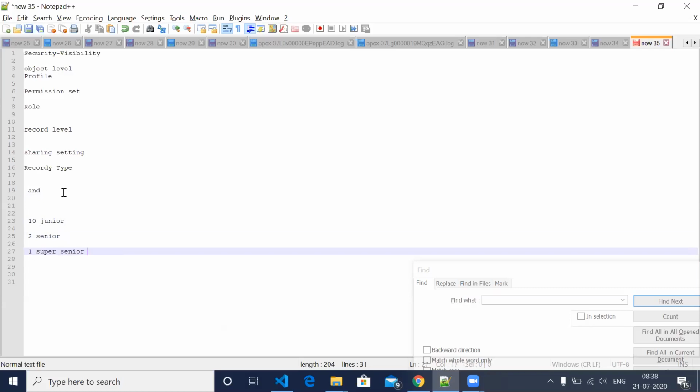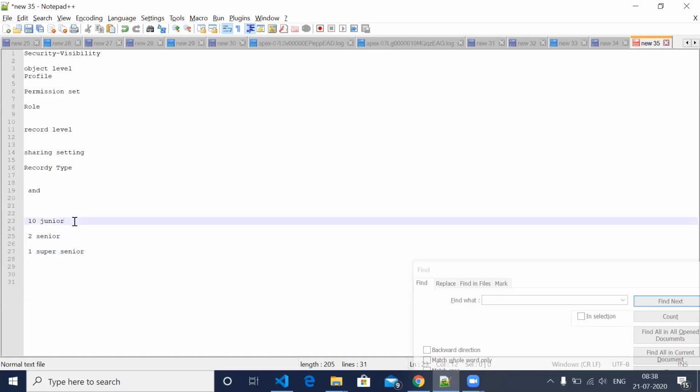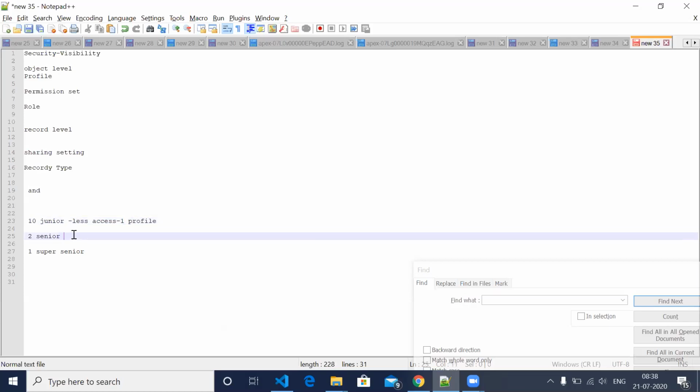Okay. So we have some requirement, so we have to create one profile for the junior people and give them less access. So we created one profile for these junior people and gave whatever access they want.